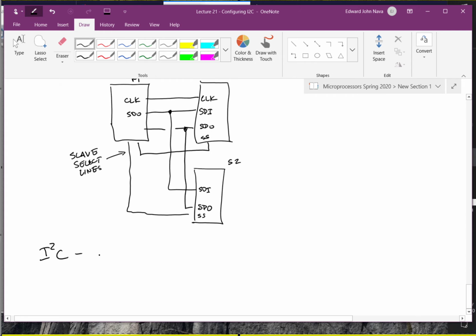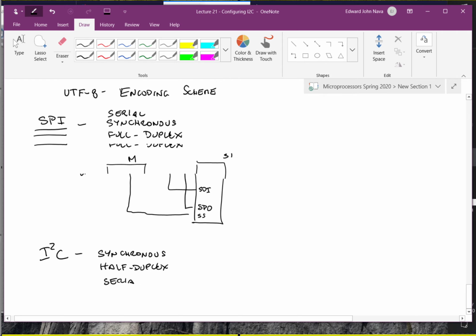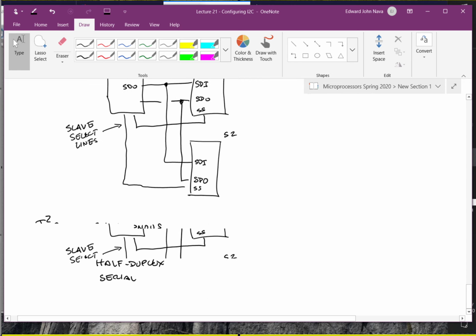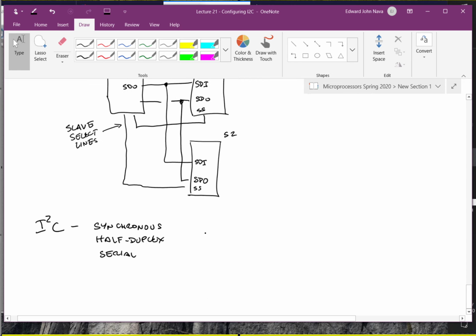Whereas I2C, this is synchronous, and this is half duplex. And it is serial. And as you saw in the beginning of our discussion today, the interconnect is very simple. In fact, this is often called 2-wire because that's all we need. But I'm hoping that after this earlier discussion, you see that the communication protocol is considerably more complex, because now